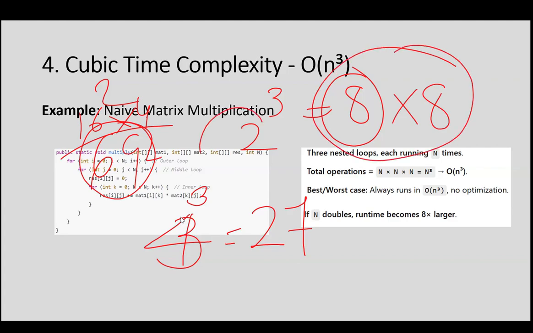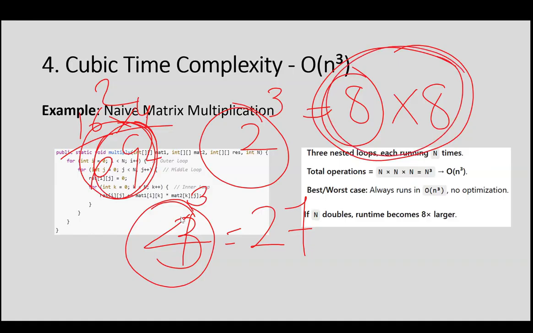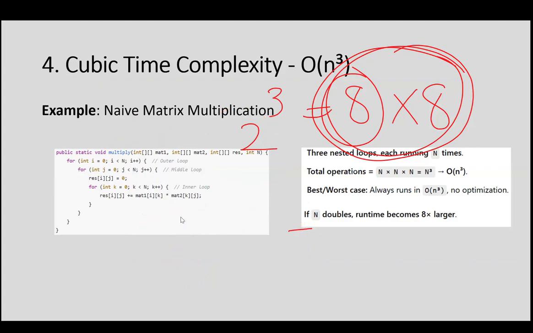So when the value was 2 and the input value doubled to 4, we will be getting 64. The unit time will take 64. So if I double the input value, it will become 8 times larger. That is how the time will drastically increase when I say cubic time complexity. So that is about the cubic time complexity. Next, we will see